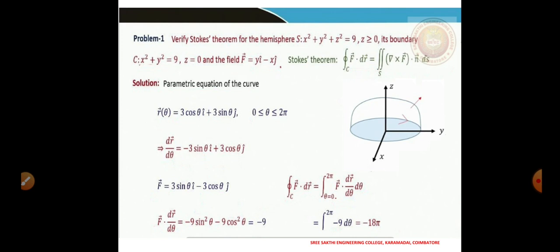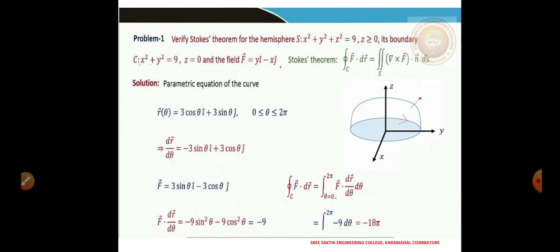So this is the situation here. We have this hemisphere and its boundary is given by this curve here on the xy plane. Again the idea is the same. If we take the outer normal and we walk along this curve in this direction, then the surface lies to our left.